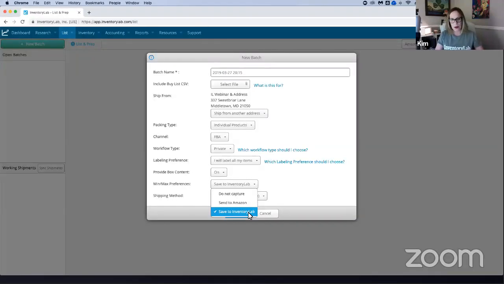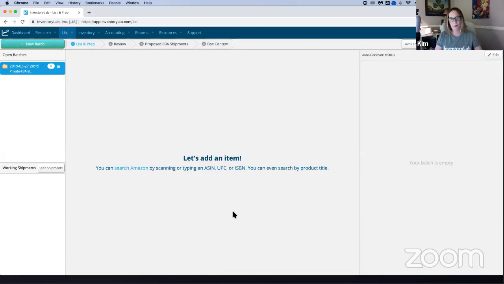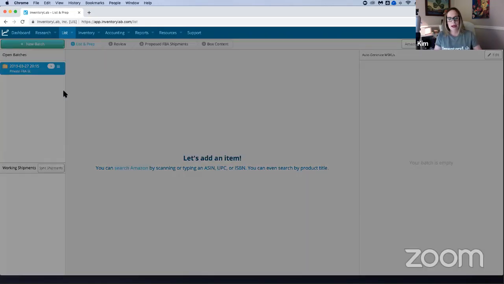Eliminate that step as well. So I'm going to just save that to Inventory Lab and click create. And there's our batch right there. But I am going to actually kind of just go back a bit, and I'm going to import that buy